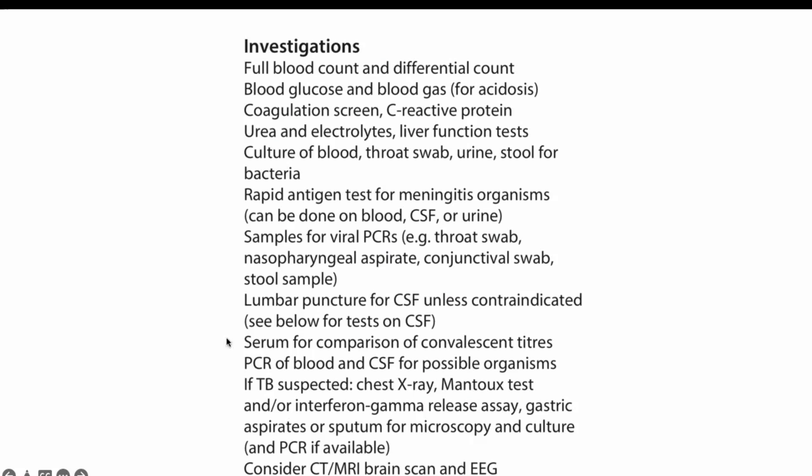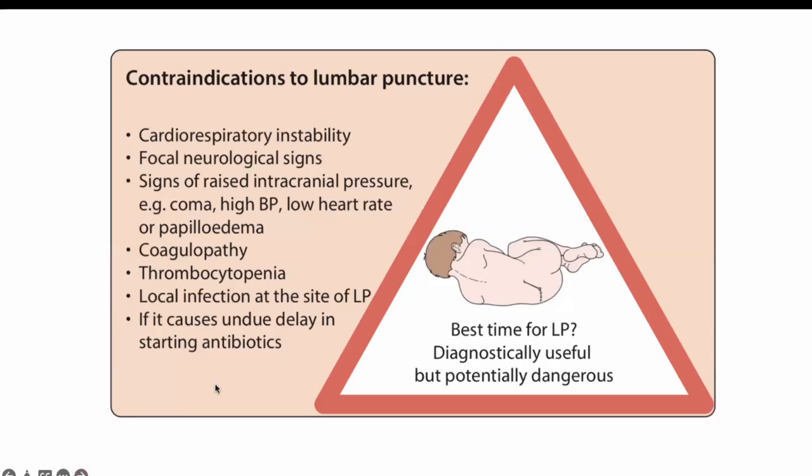And others: if we suspect TB, we will send the whole TB workup. And CT, neuroimaging and EEG as indicated. We will not order neuroimaging unless the patient has focal neurological signs and symptoms, or is not improving on the empiric coverage of meningitis. So we mentioned the contraindications for lumbar puncture,